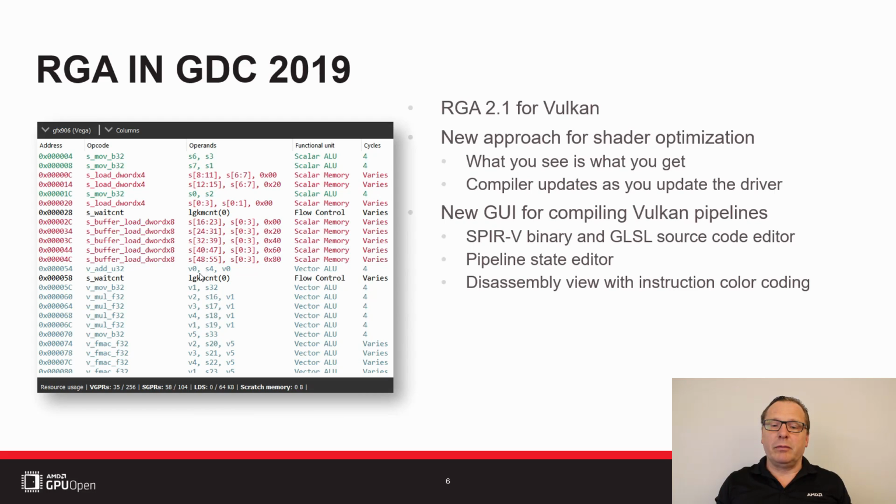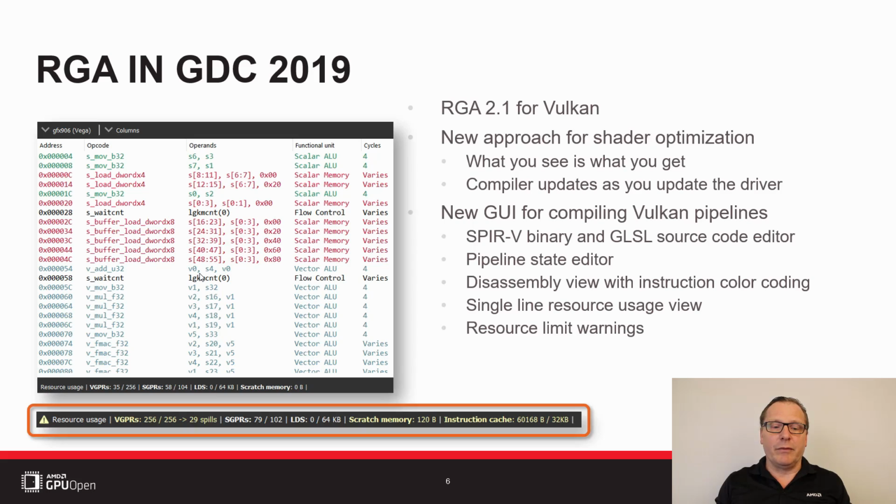After the pipeline is built successfully, you will see the disassembly in a dedicated view with the instructions color-coded by their type. For instance, memory instructions are colored in red to help identify areas with high memory pressure when quickly skimming through a long disassembly. The hardware resource usage statistics are displayed in a single line at the bottom for easy viewing. When a resource reaches or exceeds its limit, that item is highlighted in yellow, and a warning is displayed to indicate the potential performance issue.